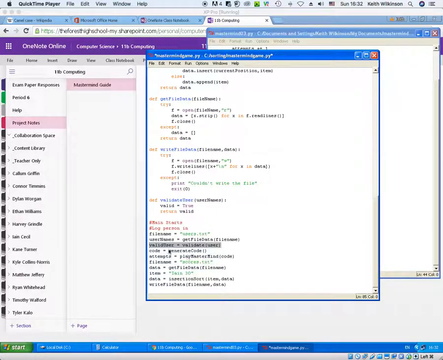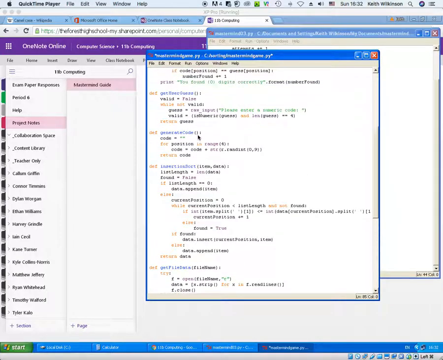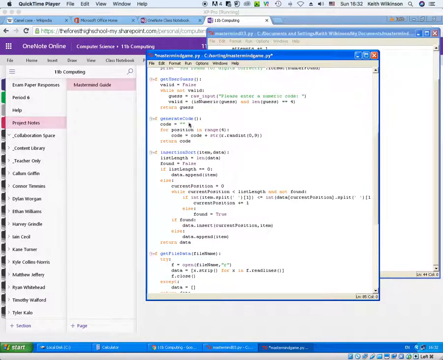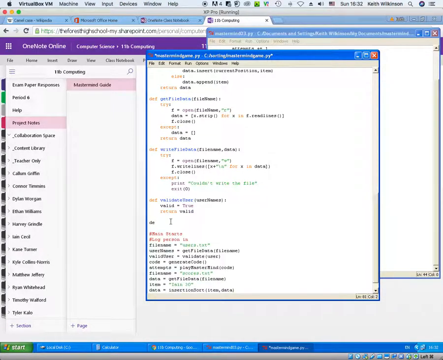So the first thing we need to do to validate the user is actually get a user. Now we've done get file data up here, and we've done get user guess. We're going to pretty much do the same sort of thing, but try and get a name from the keyboard. So I need a new function called def get_user,